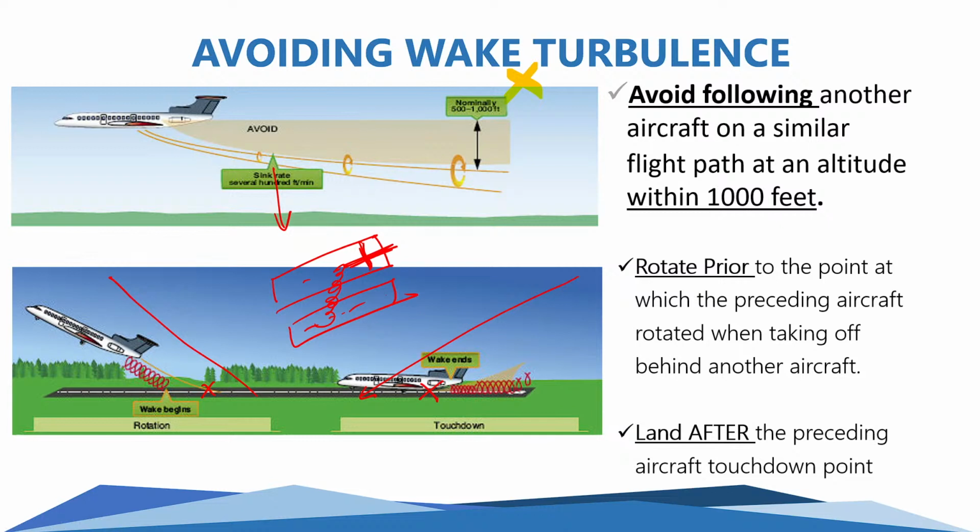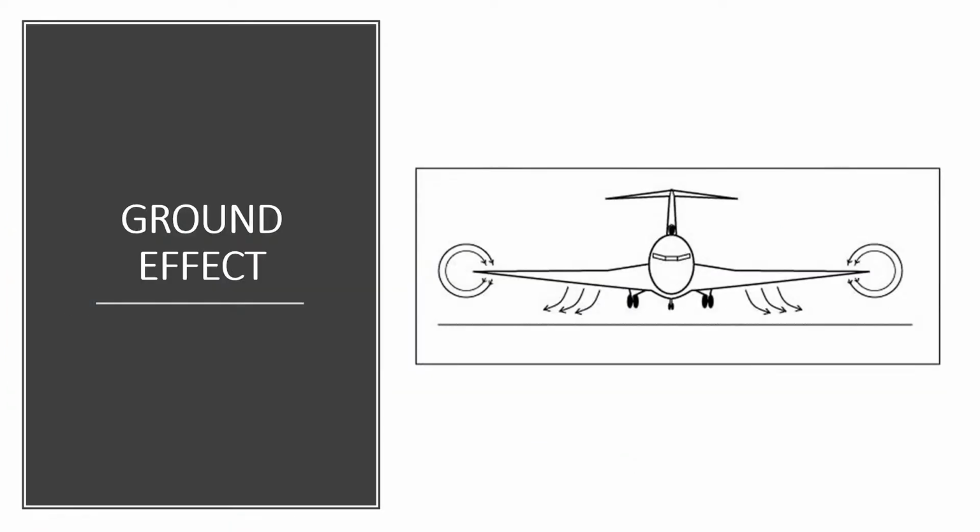Okay. All right, the last two that we're going to talk about are ground effect and stalls, and then we'll be out of here. So ground effect occurs within one wingspan or less above the surface of the Earth, and the airflow around the wing and the wingtips is modified, and the resulting pattern reduces the downwash and the induced drag. These changes can result in the aircraft becoming airborne before reaching the recommended takeoff speed or floating during